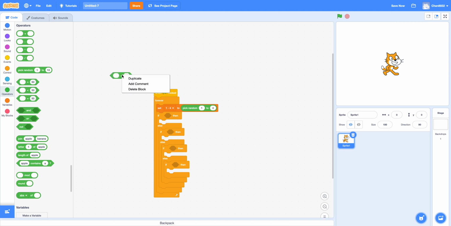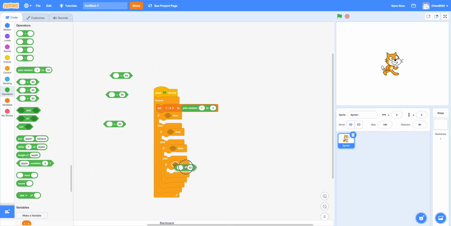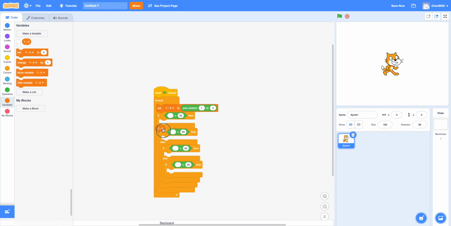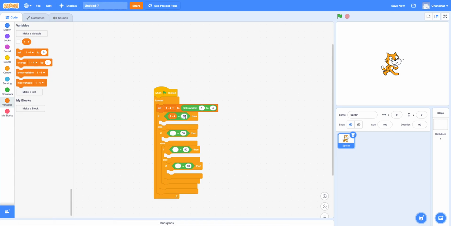Get an equal sign, duplicate it 4 times, and put it in each of the if-elses and the if-thens. So go to Variables. If 1 to 4 is 1, for the first one, if 1 to 4 is 2 for the second one, if 1 to 4 is 3 for the third one, and if 1 to 4 is 4 in the fourth one. So if 1 to 4 is 1,